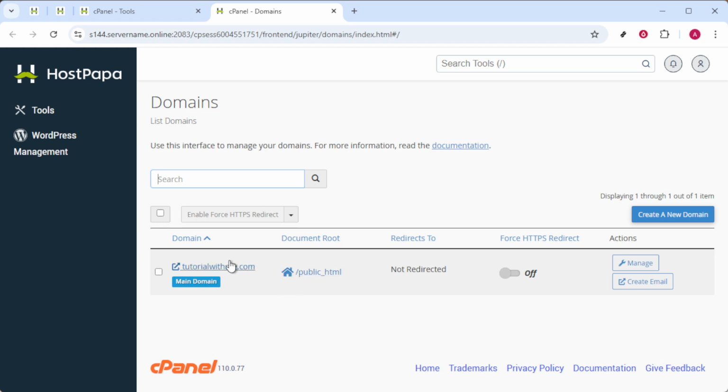Congratulations! By following these steps, you've successfully set up your HostPapa DNS. Always remember, these settings are crucial for your website to be accessible, so keeping a record of your DNS information